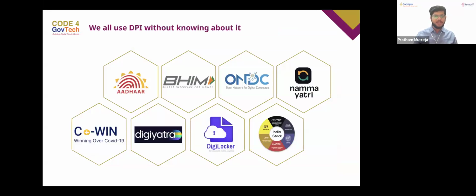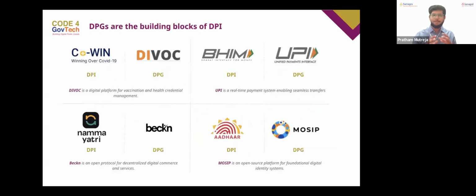There is another term, digital public infrastructure, that we call DPI. All of us use DPI without actually knowing about it. For example, Aadhaar, nearly everyone in this meet would definitely have an Aadhaar card. Everyone here uses UPI. We know about ONDC, Namma Yatri, we use DigiYatra, and all of us got our COVID vaccination certificates from the CoWIN platform. This is all digital public infrastructure. While we have used all of it, we do not know what to call it.